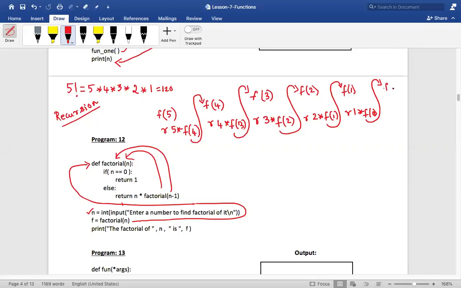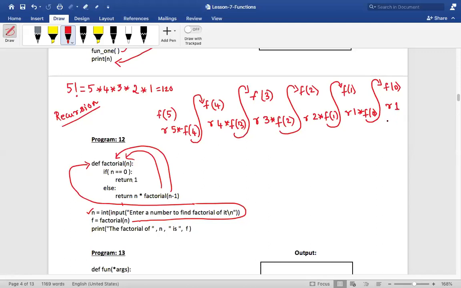Now with a value of f of 0. So now n value is 0. Now we'll check. Is 0 equal to 0? Yes, true. Now it says return 1. Did you see that? Now it is saying return 1. So will it call the function once again? No, rather it starts returning, isn't it?